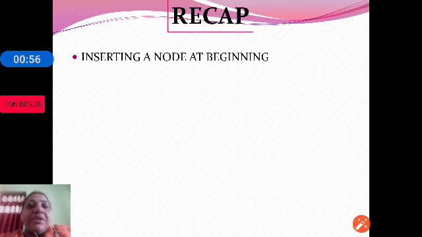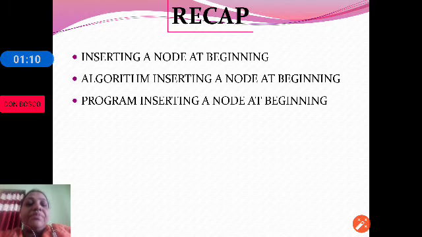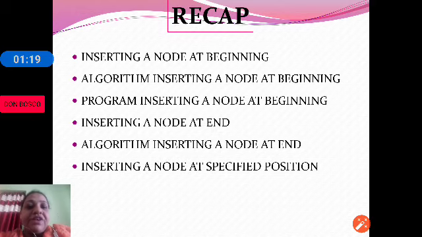Let's get started and check out the recap of what we studied in the previous class. In the previous class we had a discussion on three important topics: inserting a node at the beginning, inserting a node at the end, and then inserting a node at the specified position.